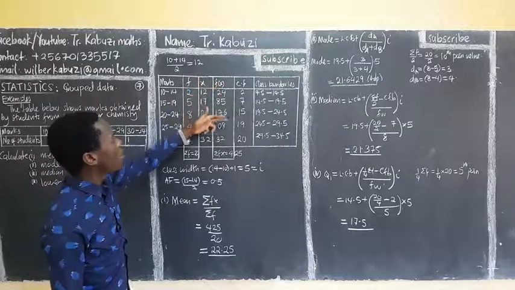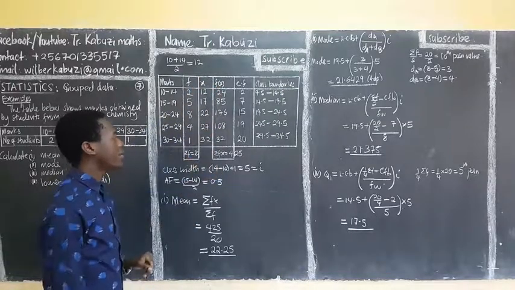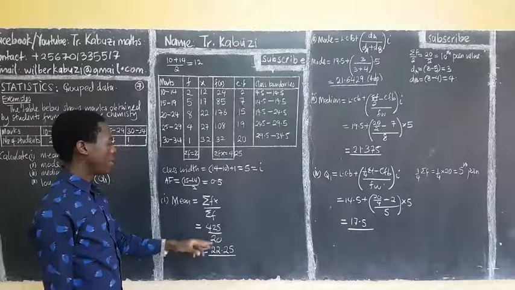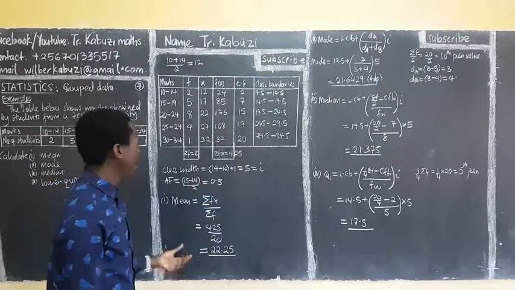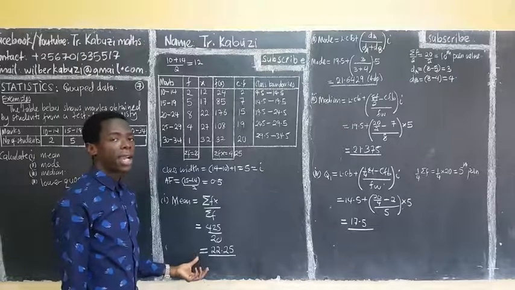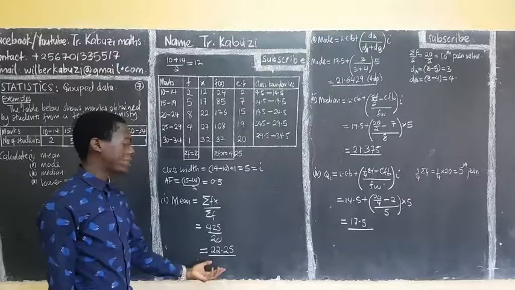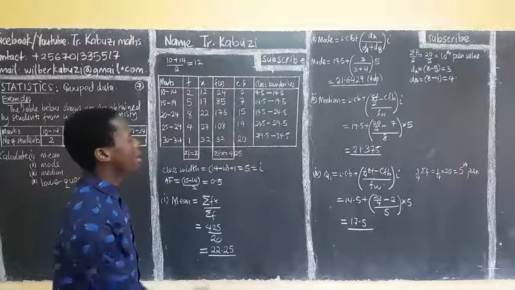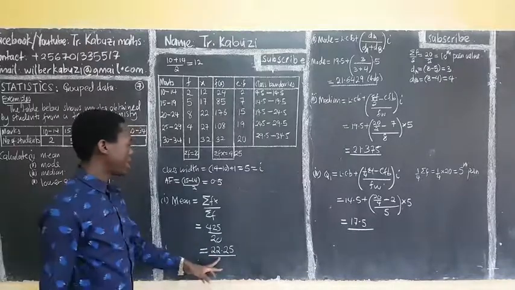So when we sum all these ones, the value we get is 425. Divide by summation f, which is 20. Then when you divide, you get that. If this were given in weights, you put their kilograms. If they are heights, you put their centimeters, but these are marks. Okay? So the mean mark is